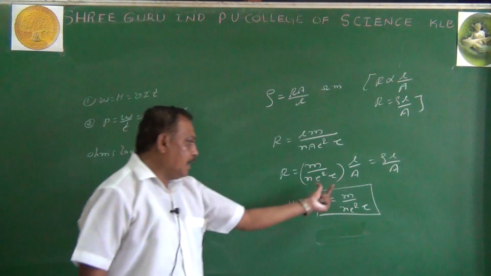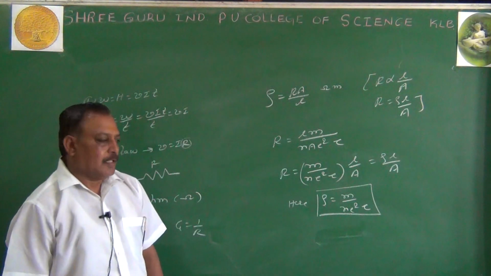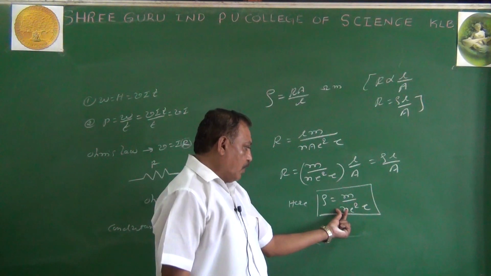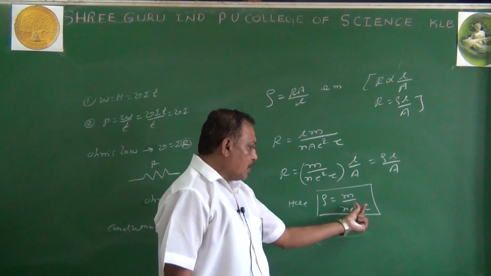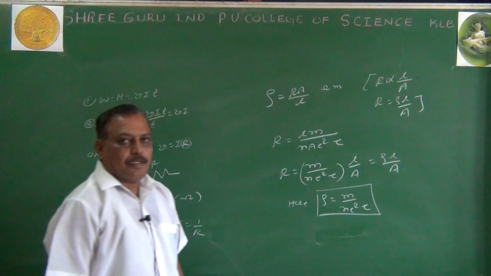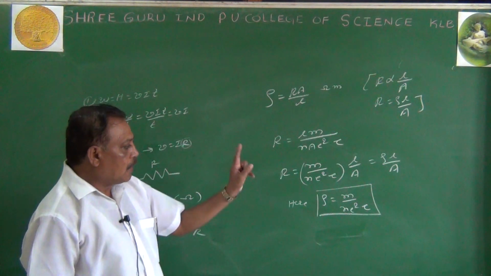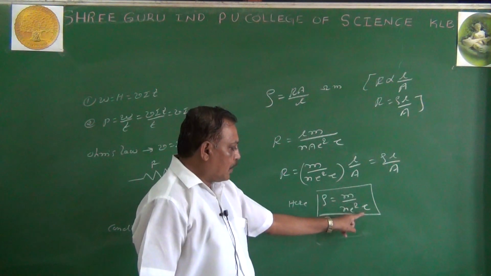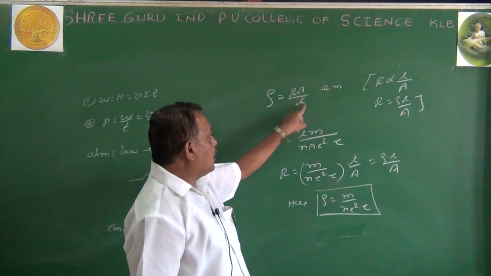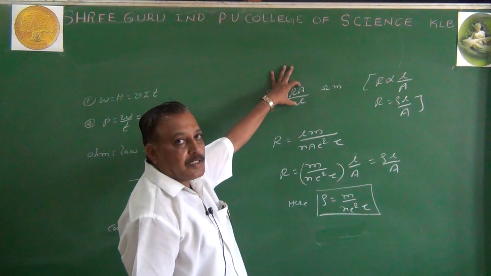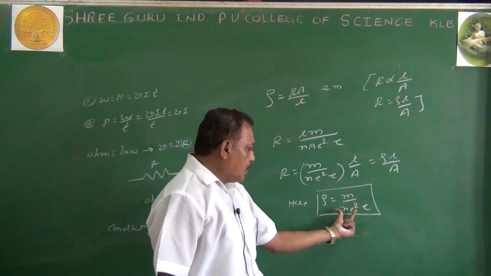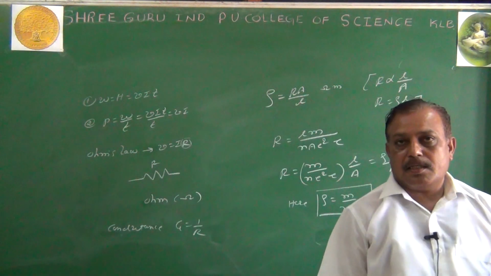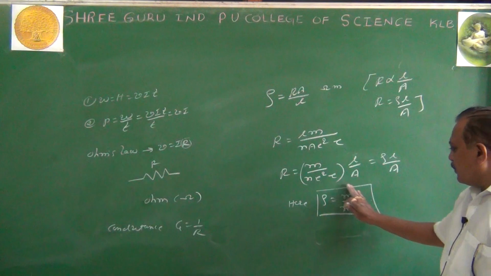Do you find any L and A in the original equation? m is the mass of the electron, n is the number of electrons available per unit volume of the conductor, e is the charge of the electron, tau is the relaxation time. So the resistivity is independent of dimension. Are you going to be clear from this equation? You will never be convinced from the earlier equation because of A and L. When you go from this equation, there will be no existence of A and L. Yes sir, we agree, it is independent of dimension. This is the original equation.